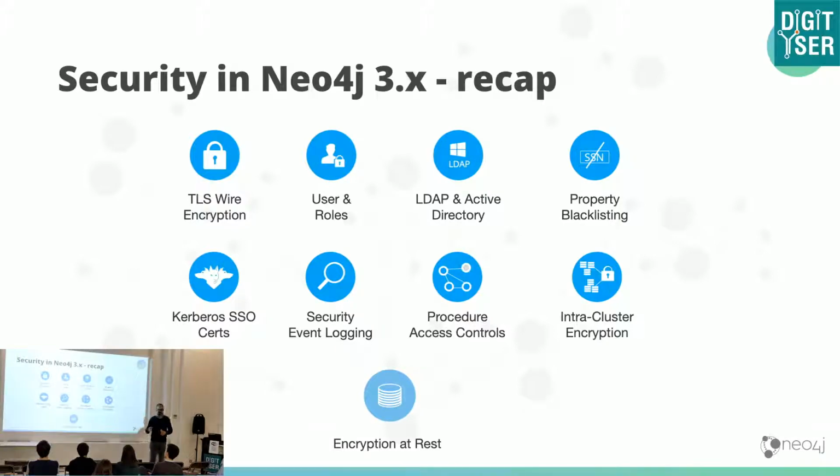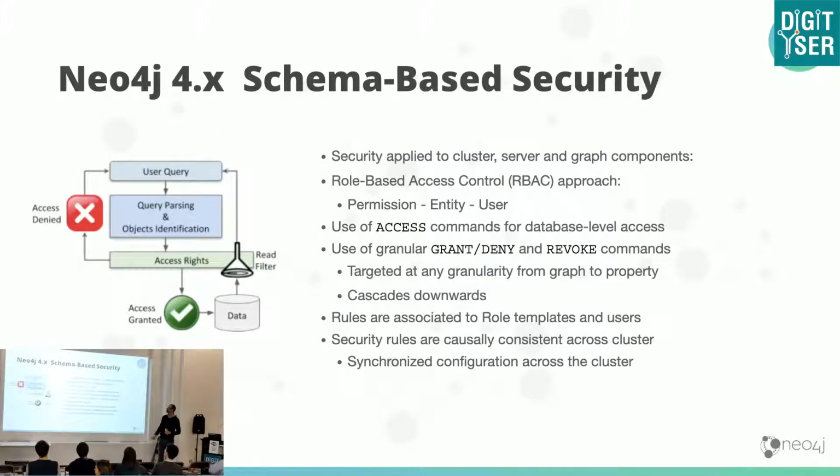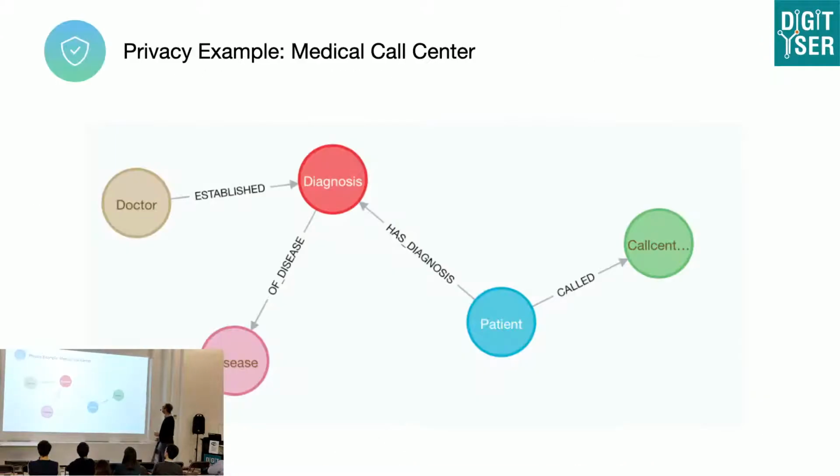Because it's a connected structure. So, I cannot see parts, I cannot see individual elements, but can I still see the traversal? Can I still see the path without seeing the detail of some of the individual nodes? That's basically the question that we're trying to address with Neo4j